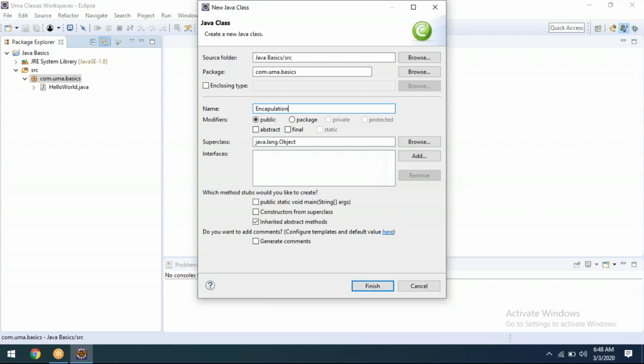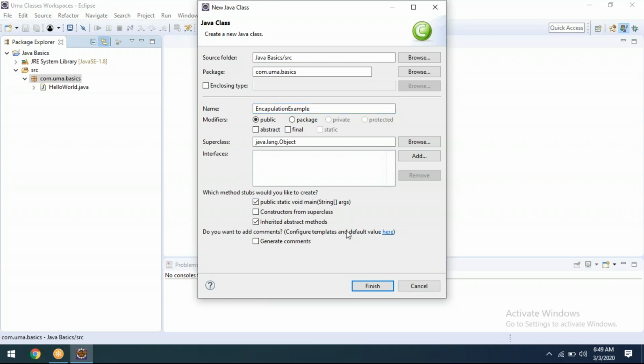Whenever we are creating a class, we should not use the concept name as the class name, variable name, or data type as the class name. I think you already know that. For example, abstraction.java should not be used, and the same way encapsulation.java should not be used. Instead, we need something like this example. Getting my point? Yes.